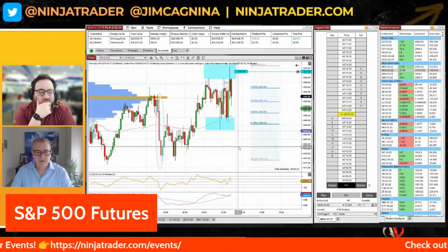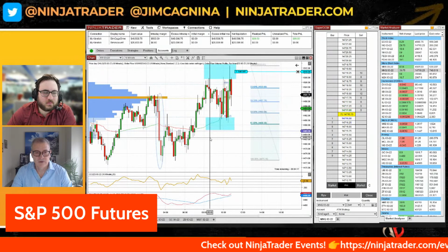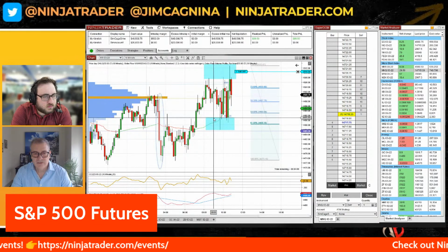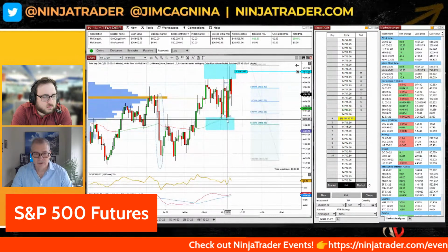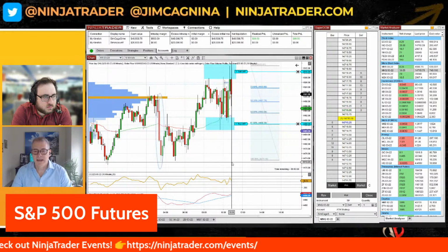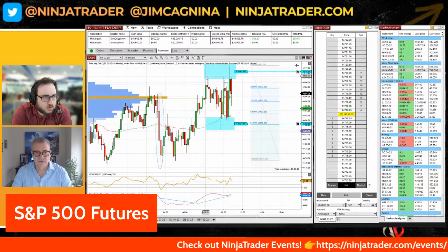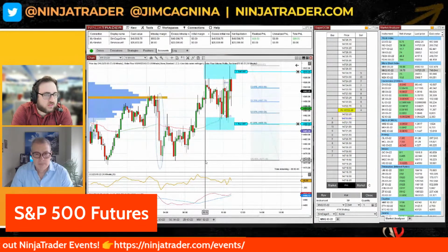Now, alternatively, I'm going to do the exact opposite on the bottom side. I have my area of support here, and I drew my rectangle down there. The way I draw it, when the rectangle's below, I'm trying to identify an area of support. The top of my rectangle kisses the body of the lowest candle, and we haven't had a close here. So again, I want to see this wick attacked, and I'll do the opposite. I'm going to try to send an order to buy a contract right in the middle of that big wick that's inside my rectangle. And then the other rectangle where it says resistance just kisses the bottom of the highest candle. That's all it is. So again, the sell order would be